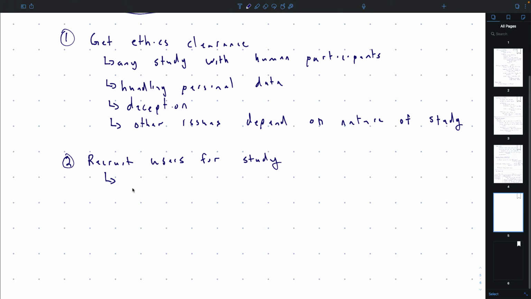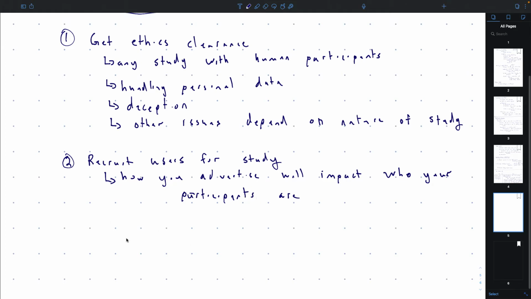So the method that you use, where you post it, who you're distributing this to, that's going to have some influence on who you attract, and that's going to affect your representativeness. So how you advertise will impact who your participants are.